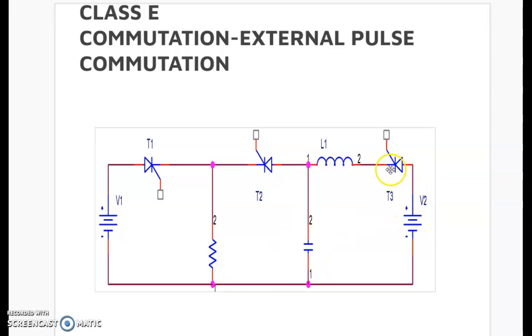If you can see, it will charge the capacitor with positive voltage. When the capacitor is fully charged and thyristor 2 receives a gate pulse, then current will flow via the thyristor and here we will get positive voltage. Since the two terminals are at positive voltage, there is no voltage difference across this SCR. So the SCR will stop conducting. Similarly, if you want to stop T2 also, the same procedure is followed.